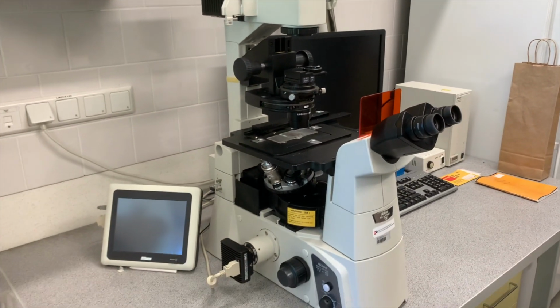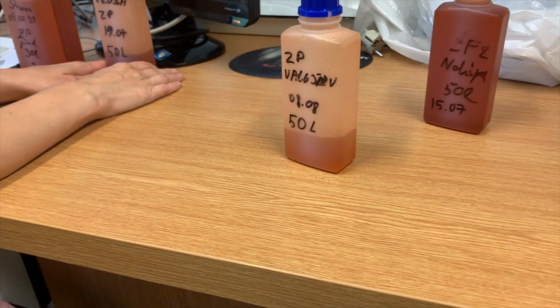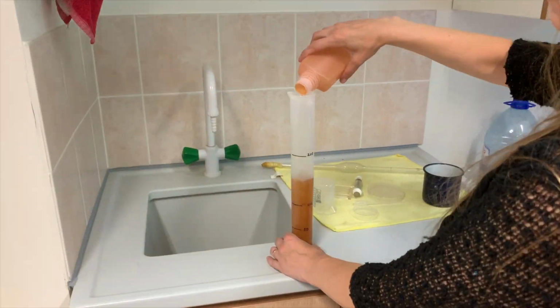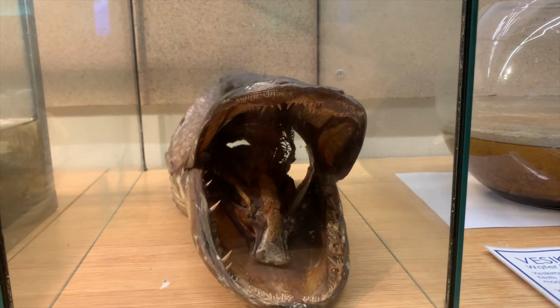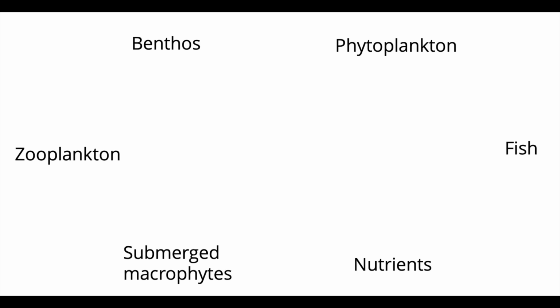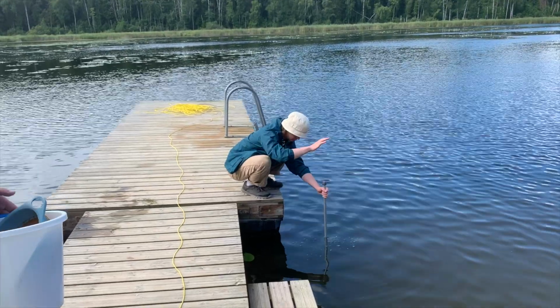To answer those questions, we designed a study that included not only underwater video surveys of fish but also sampling of zooplankton, phytoplankton, benthic macrofauna and water chemistry. This way, we could look at the whole structure, from the base of the food web to the top predators. Here are all the variables in the lakes that were taken into account, and at the end of this video, I will explain how these variables are connected and what kind of effect they have on one another. But first, I will walk you through the methodology.